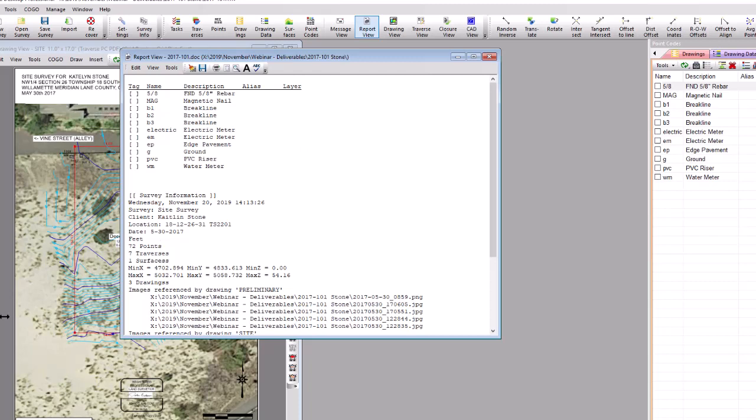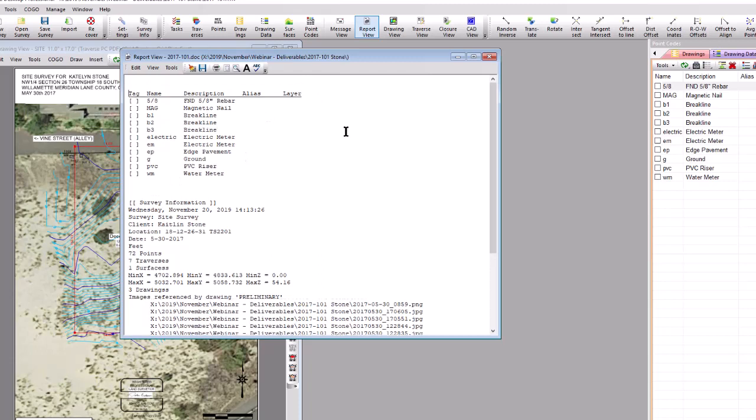So not just PDFs of drawings, but I'll often come in and write PDFs of the reports. Again, I just make sure everyone can open that. And then of course, I can edit this. And I can put any additional information I want in here. I can say